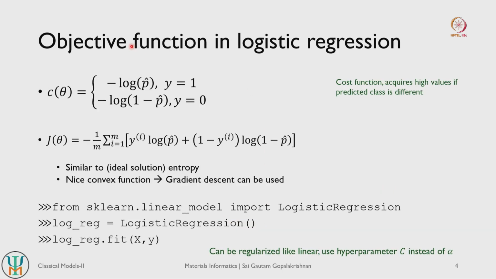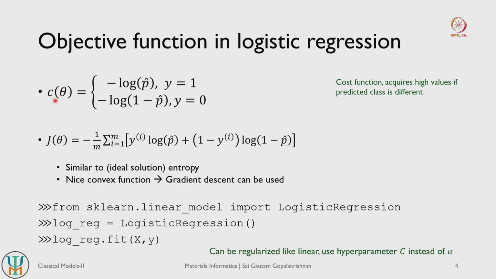And as with linear regression, where we defined a few performance metrics to quantify the performance of the model, such as root mean squared error or mean absolute error, in logistic regression also we have to introduce some parameters. So we introduce a new function, what we call an objective function, called the cost function here.